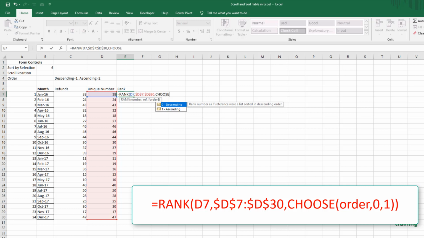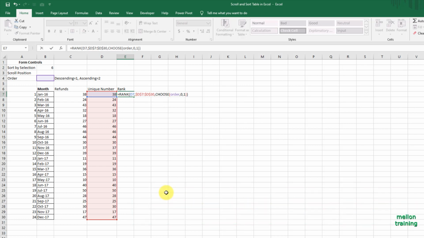The first argument is the index number. Index number 1 will return value 1 and index number 2 will return value 2. So 1 will return the first value, which is 0, and 2 will return the second value, which is 1. For the rank function, the 0 is descending and 1 is ascending. Close parenthesis and enter.